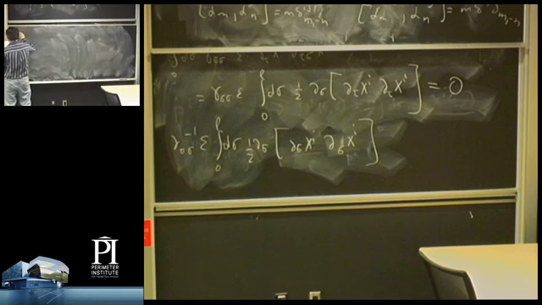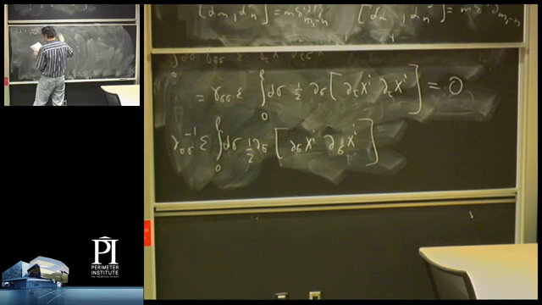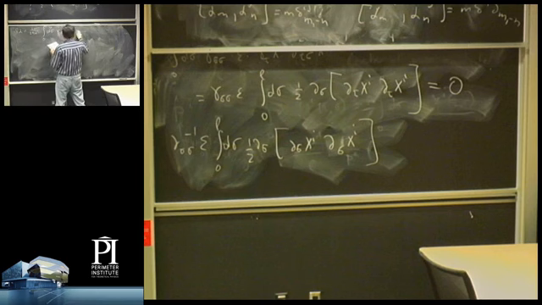Our delta L is 1 over 2 pi alpha prime, and I have the integral from 0 to L d sigma del tau